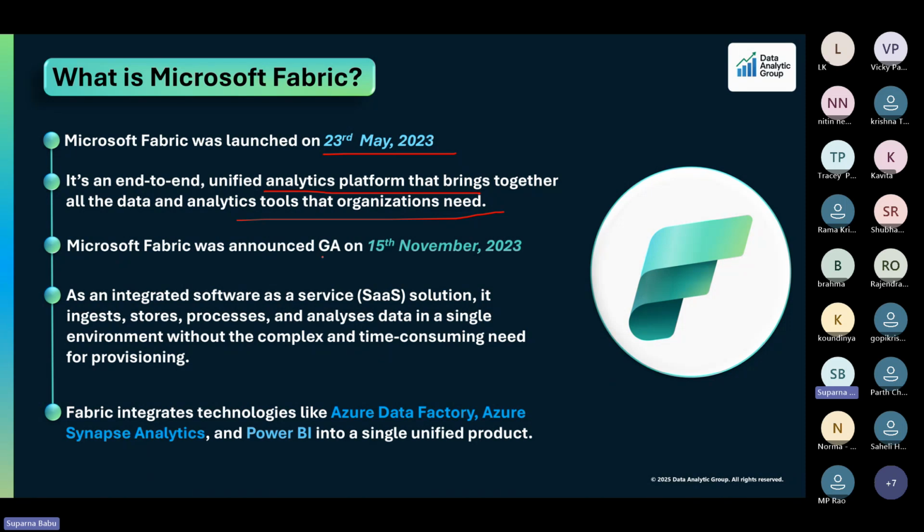General availability, GA, was announced on 15th November. In the next 2 months, it is going to complete 2 years. As you know, it's a SaaS application. Fabric integrates technologies, like you already saw in the previous slide, the components we have in Microsoft Fabric. With that, let's move to the next slide.